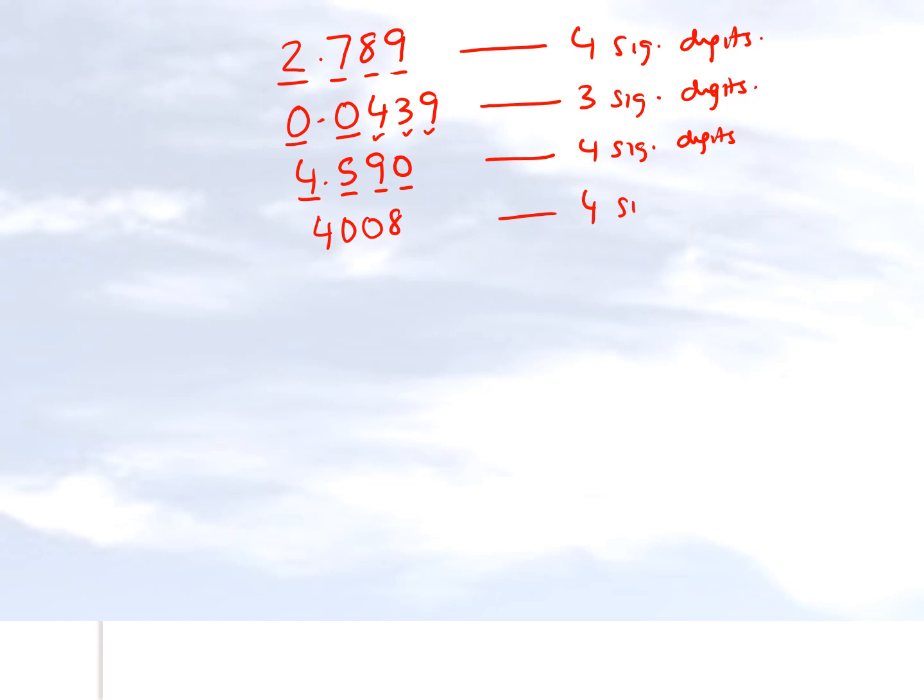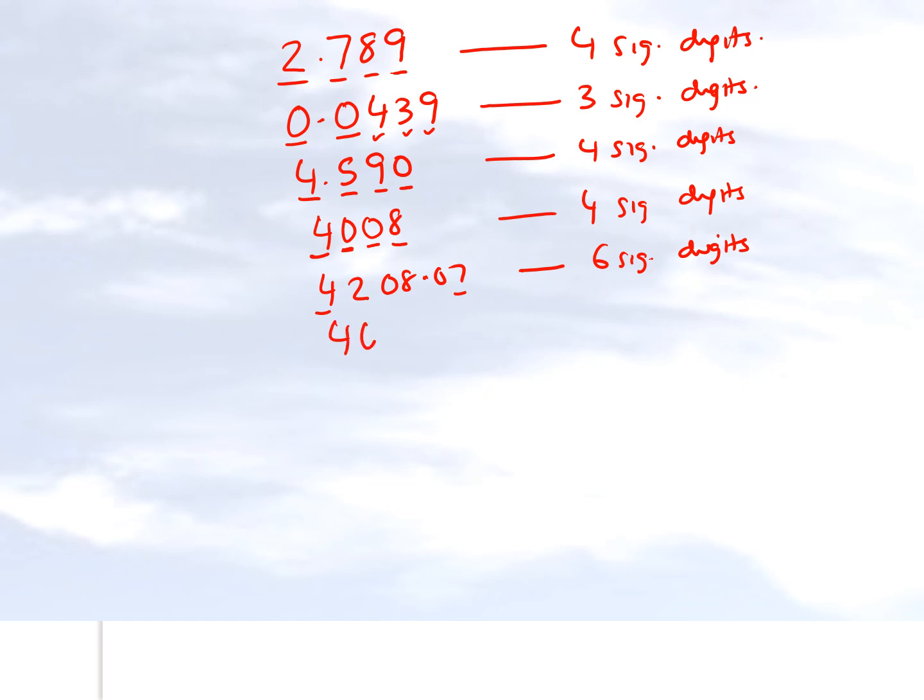4008 has 4 significant digits because we have a non-zero number here and a non-zero number here, and we don't have to worry about the zeros which are in between. So which brings us to the next rule right here: any zeros which are between non-zero numbers are significant. But let's suppose we have a number like 4208.07, what about in this case? In this case we'll have 6 significant digits because all the zeros, no matter where the decimal point is, are between the two non-zero numbers here, in this case 4 and 7.